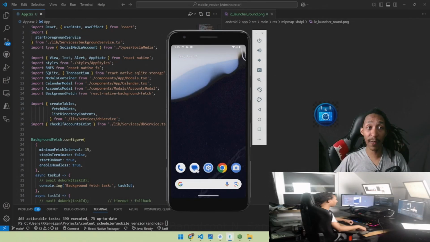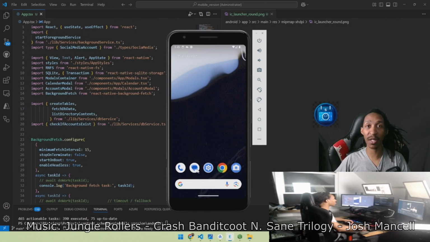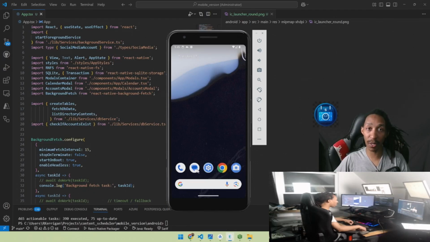So we're at the final parts of actually releasing the social media scheduler app to the Google Play Store. It's been, I would say, a wild ride of working on this in my spare time and working with people on Discord, Meetup, and Twitch to kind of get this app done. Mind you, I am the main owner of this app, and I primarily worked on, I would say, 99% of things.